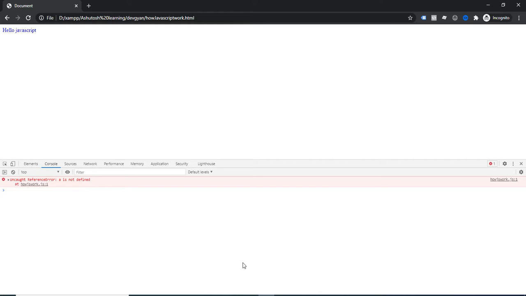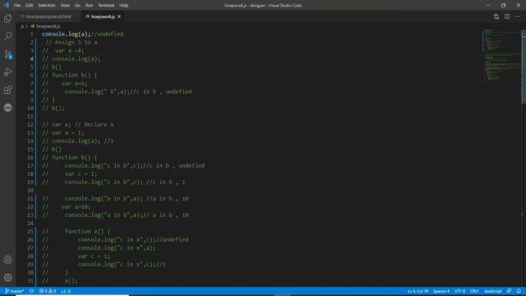So you might say that okay, because a is not declared anywhere in the JS file, anywhere in the file, that's why it is like that. The a value is not available, it is not declared. That's why the output is a is not defined, a reference error.